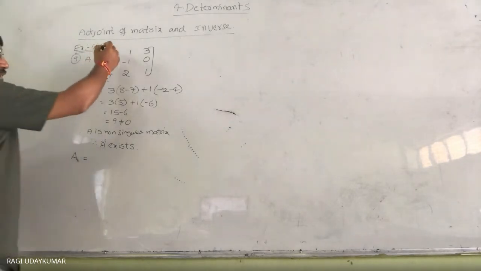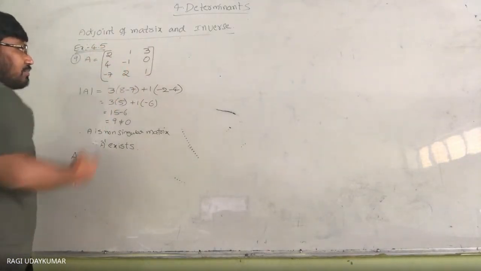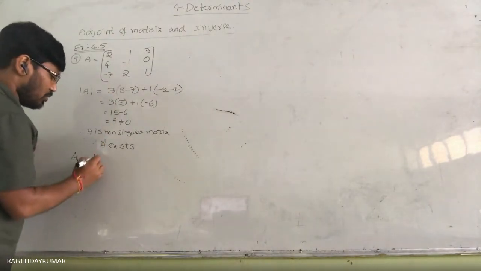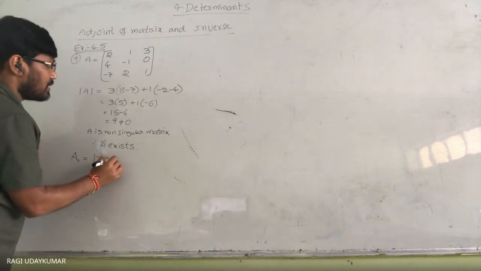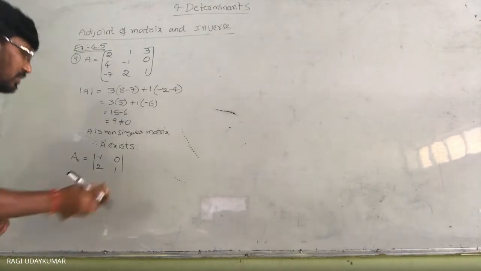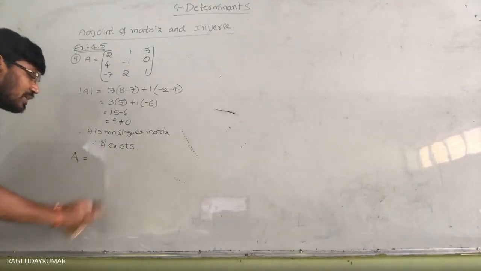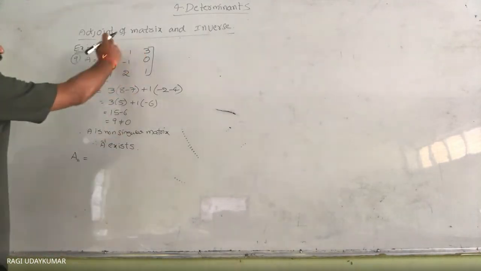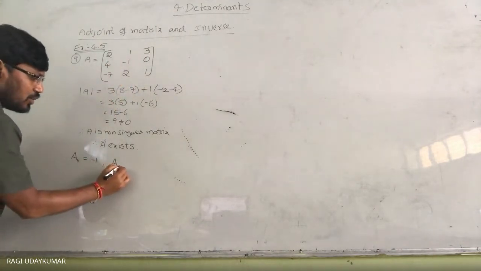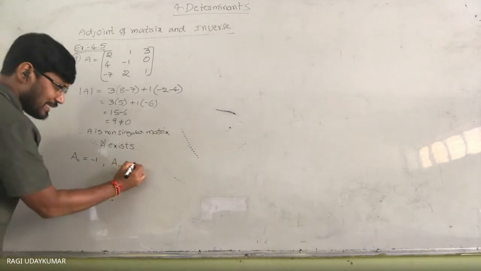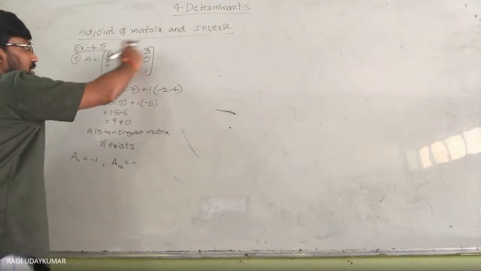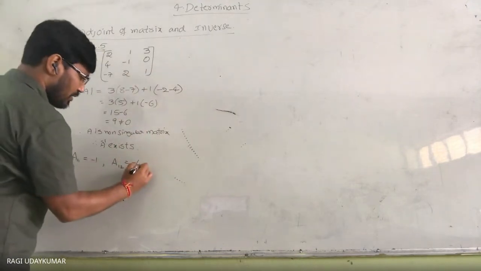A11 cofactor. A11 is nothing but this row and this column should be deleted. So the determinant of the matrix obtained is minus 1, 0, 2, 1. If you want, you can write it directly here. Let us write it as we have got a little bit of practice. This row and this column are deleted, minus 1, so this is minus 1, this 1, this 1, 2. The first row, second column element comes with a minus because it is first row, second column. So this row and this column are deleted, so we are going to get 4.